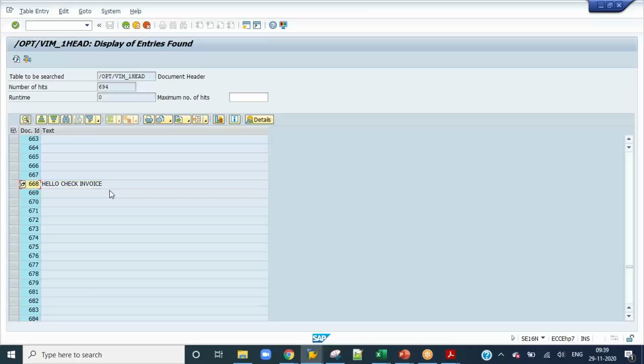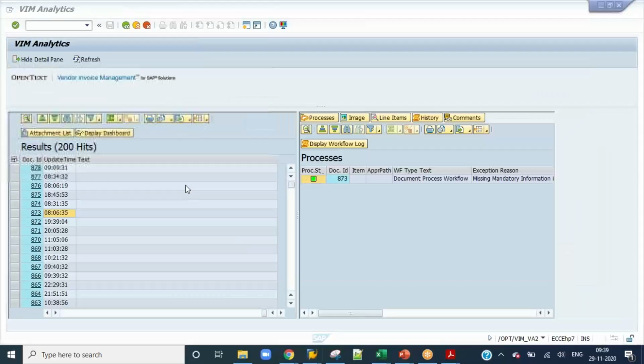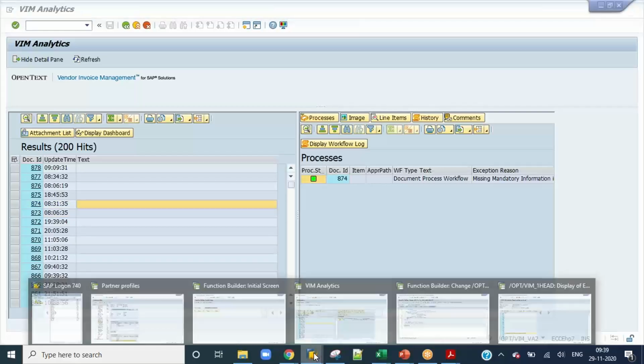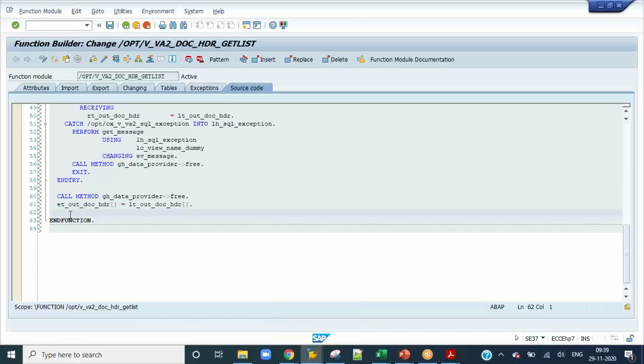There is a field, allow check invoice, and we have 874. There is data. So all these things we have already. So it is not showing in the 874 at least. You can see this text field is empty. So to populate data, we need to tweak this standard function module, and we need to write